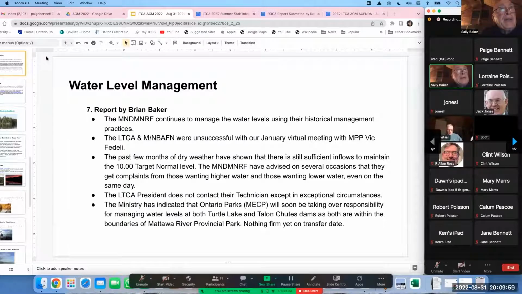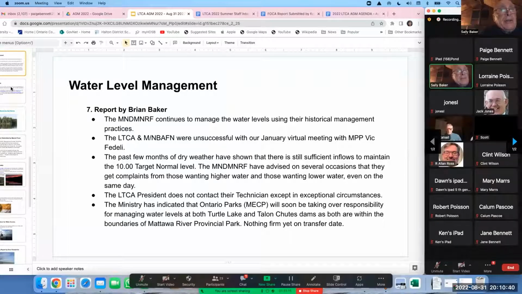They haven't said what is going to happen or how the transition is going to occur, but it looks like it's coming down the pipe. So that's about all I can say there. I understand that there are different views on what the water level should be maintained at. If you follow it as closely as I do, which is almost daily, and take screenshots of the levels,